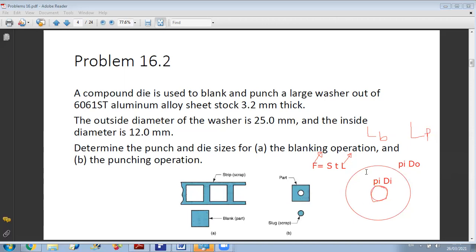Okay? So if you don't want to do them at the same time, then your maximum capacity will depend on the blanking length, and based on it you can calculate the corresponding minimum force required, because of course the punching operation will require a lower force, since L of blanking is higher than the cutting length for punching operation. Okay, on the other hand, if you want to perform both at the same time, of course you need a higher